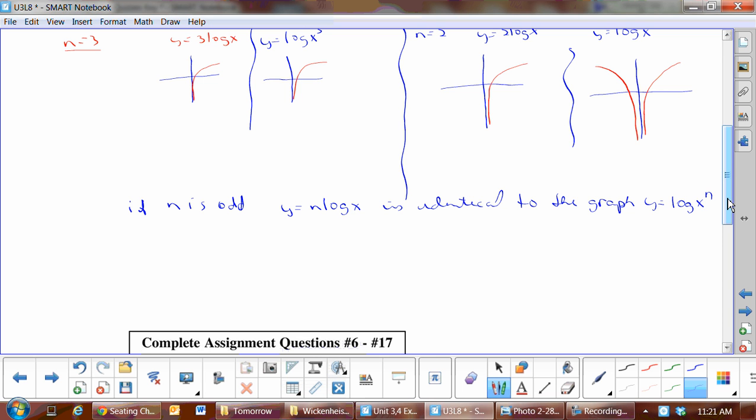So if n is odd, those two graphs will be the same. Okay? If n is even, y equals log x is not identical to